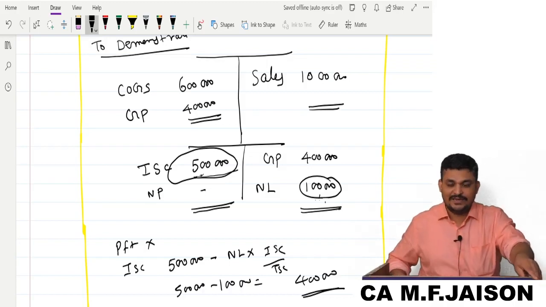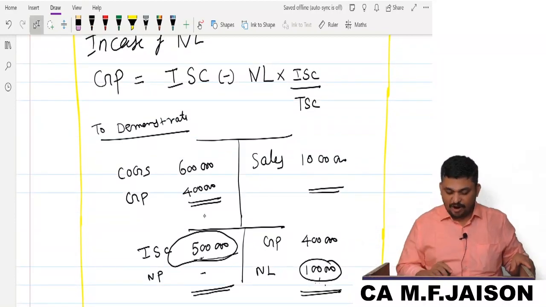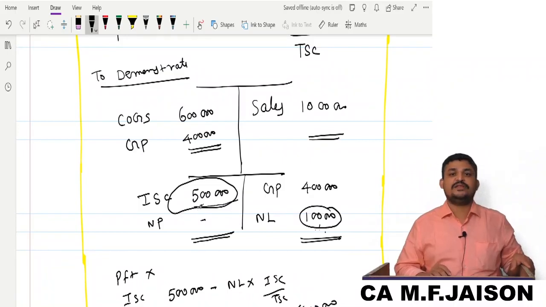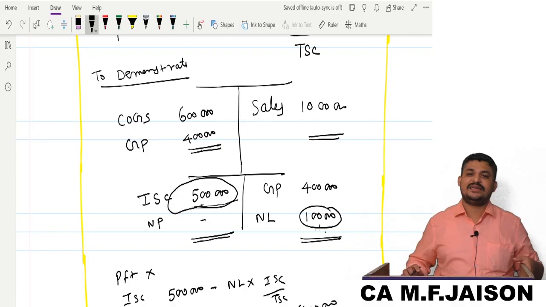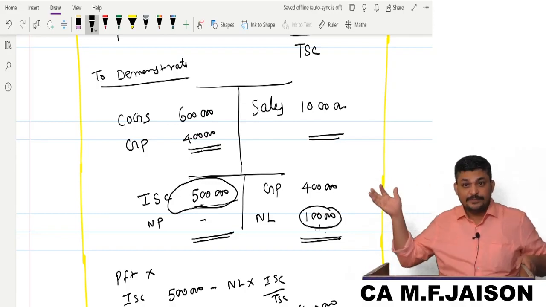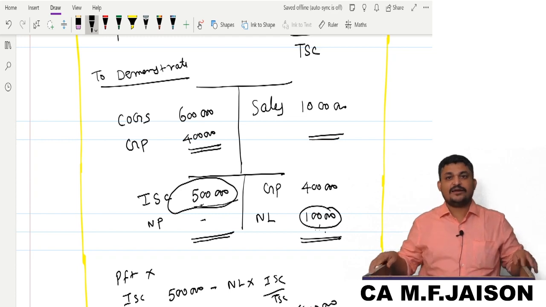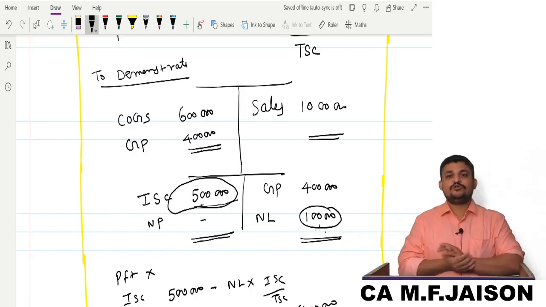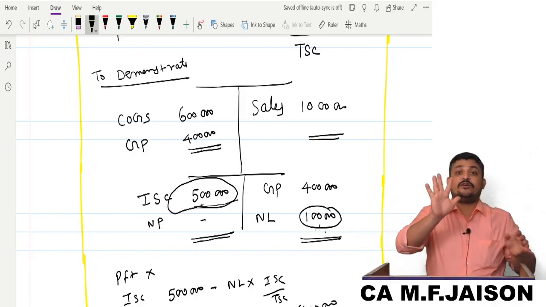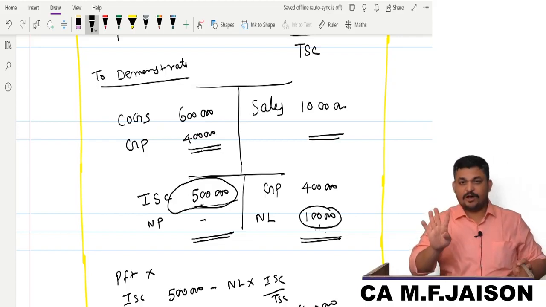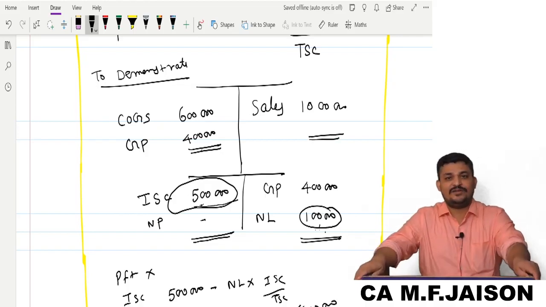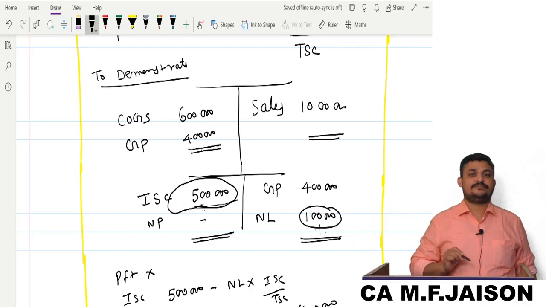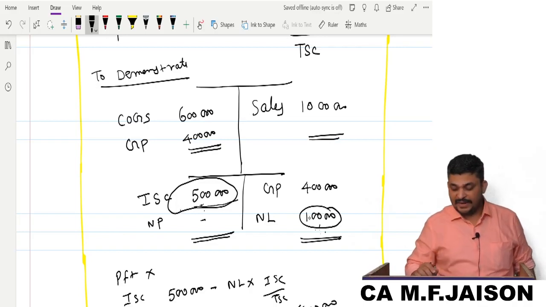Apply common sense. If you do business, you will get a contribution of how much? 4 lakhs, and you are incurring an outflow of 5 lakhs. So even if the fire accident does not happen, from your own home you should bring how much? 1 lakh to pay that interest and rent. But because of the fire accident, you should not expect the insurance company to compensate you 5 lakhs. They will compensate you only how much? 4 lakhs. I hope you are following this. And the computation is very simple: total expenditure minus deficit.